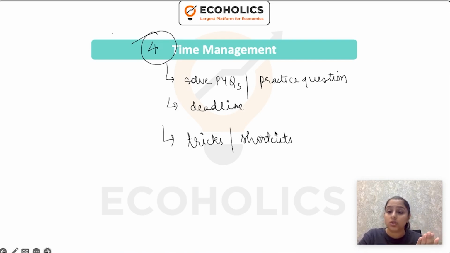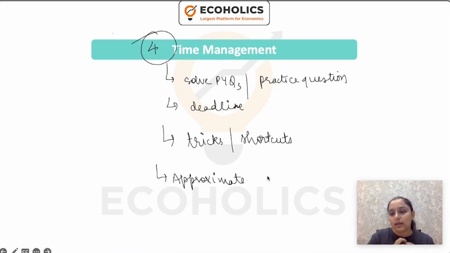So learn shortcuts. In econometrics especially, you should know how to quickly go from one formula to another. In statistics also, you should know. In mathematical economics and microeconomics, you should know that if I'm taking log 1, it should be equal to 0. If I'm talking about e raised to the power 0, that should be equal to 1. So you should know these tricks and shortcuts, and always use approximation when the values are too stretchy. If you're getting a value 2.718, avoid taking that entire value.